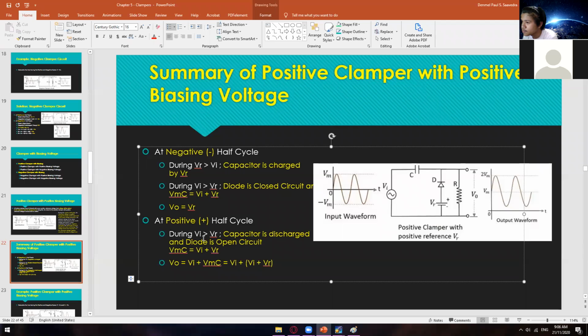EMC. So before or during the negative, it was charged. Wait. So during the negative to positive, yes, it will be charged by V sub R, and then it will be charged by V sub I also, if we have a higher. And then during the positive half cycle,